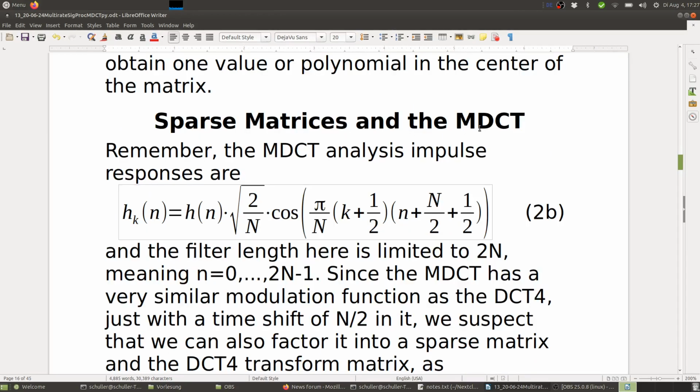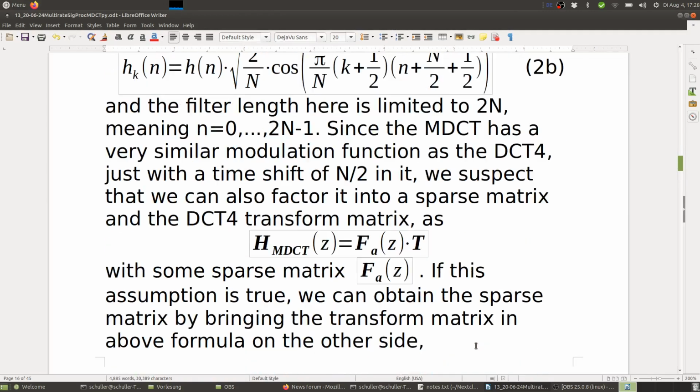Sparse matrices and the MDCT. So remember, the MDCT analysis impulse responses are this. So it's almost the same as we just saw, except for this additional summand n over 2. So the filter length here is limited to 2n, meaning lowercase n. The time index now goes from 0 to 2n minus 1. Since the MDCT has a very similar modulation function as the DCT4, just with this time shift of n over 2 in it, we suspect that we can also factor it into a sparse matrix and the DCT transform matrix